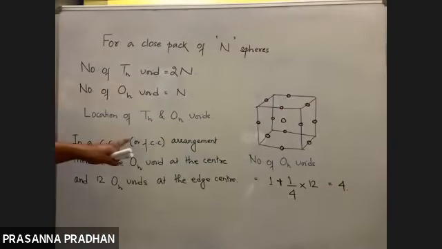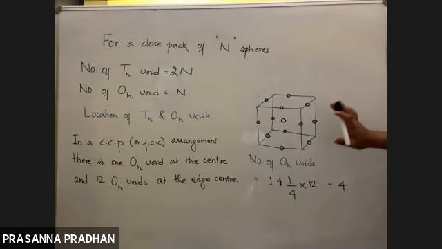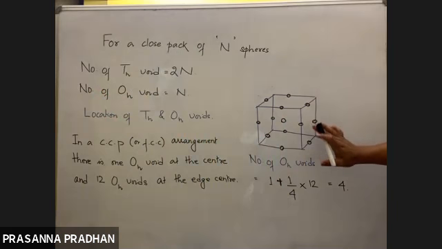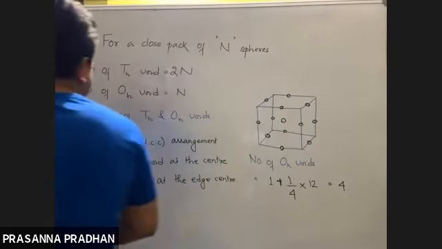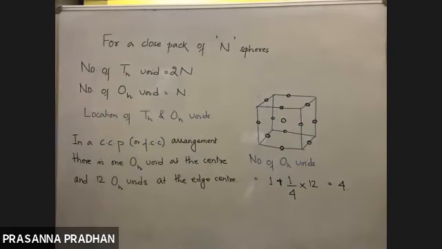I'm telling you this for your board sake, and it is more than enough. I'm not going into the detailed discussion. Okay? So that was the location of octahedral voids: just where they are, in the middle and at the center of the edges. So similarly,